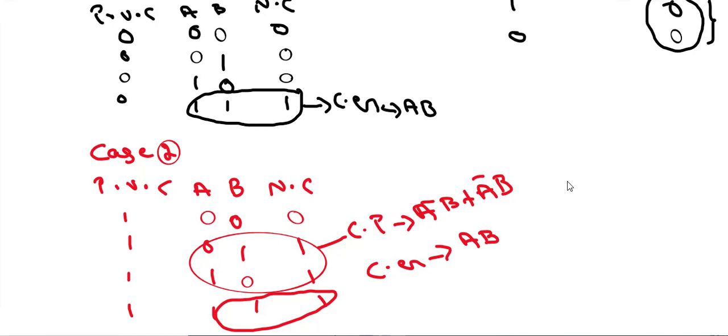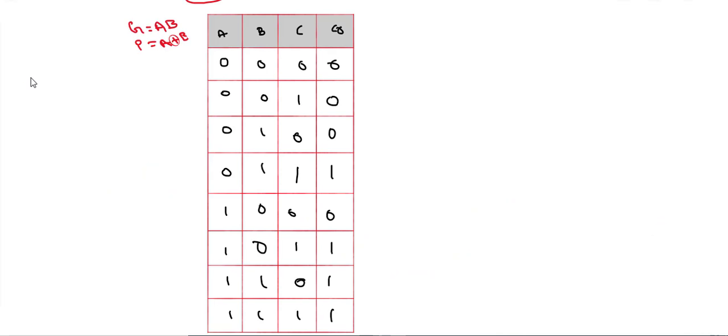In simple terms, we call carry generation G and propagation P. So G is equal to AB, and propagation of carry P is equal to A bar B plus A B bar, which is nothing but A XOR B. Now taking the sum equation, we know that sum is equal to A XOR B XOR C. A XOR B is already called the propagation of carry, so instead of A XOR B we can write S is equal to P XOR C. This is the sum equation.